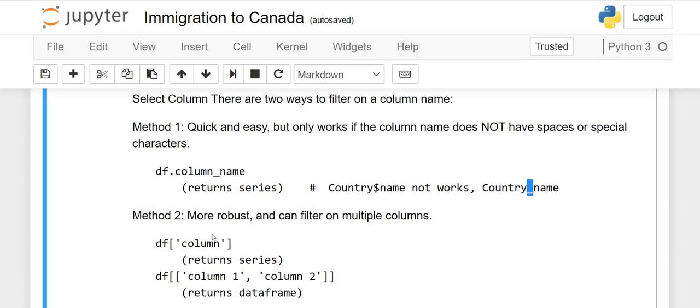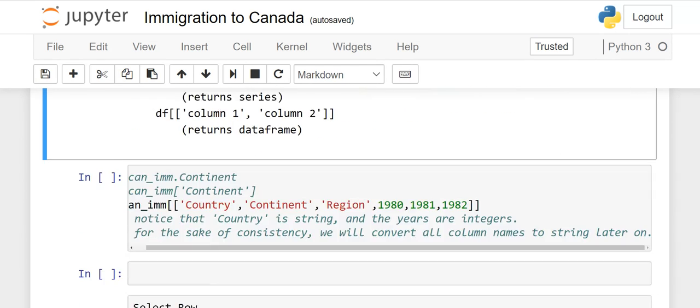The second method is that you write the data frame name and a square bracket, and you write only one column name. Here you cannot write two column names. Only if you want to retrieve one column can you use this method or the previous method. It will give you the output in the form of a series again. But if you want to retrieve two or three columns, then you have to use a double square bracket. Keep in mind, this is the difference, right? Now I will show you one by one how it will work.